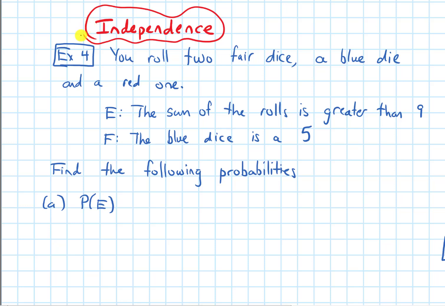In this video, we will talk about independence. So I want to begin with an example which says that you roll two fair dice, a blue die and a red one. The event E is the sum of the rolls is greater than 9. The event F is the blue die is a 5. Find the following probabilities. Part A asks for the probability of E occurring, that the sum of the rolls is